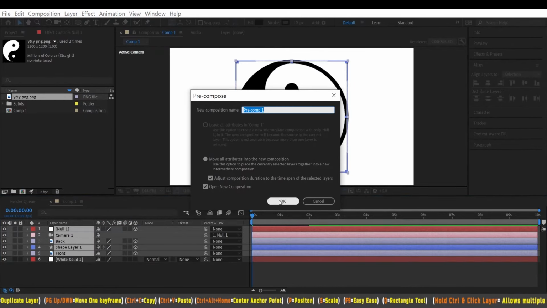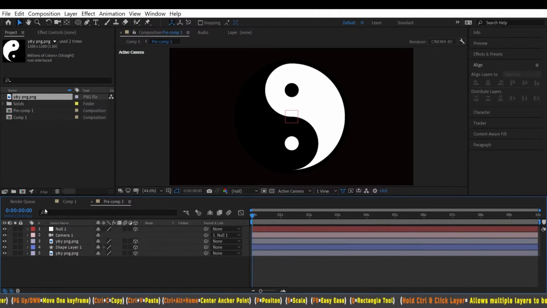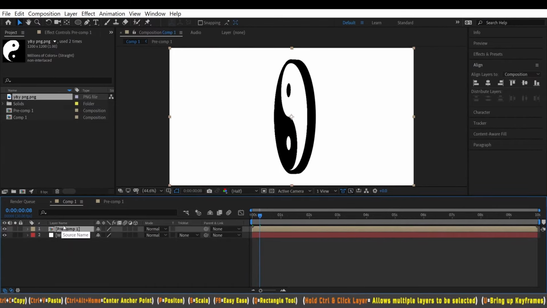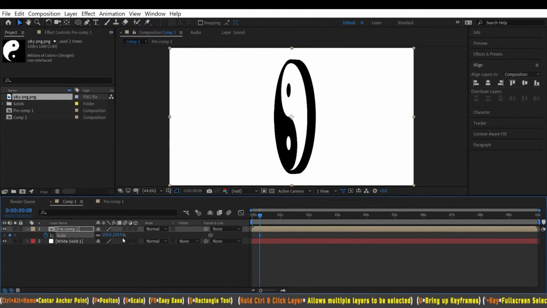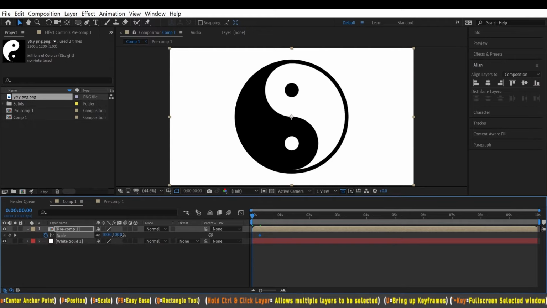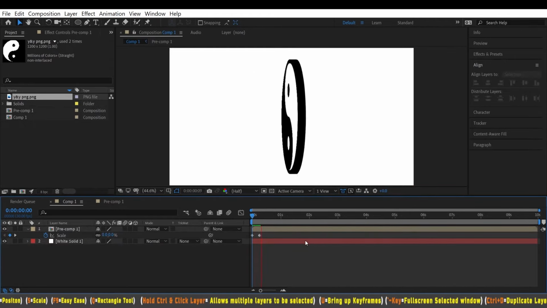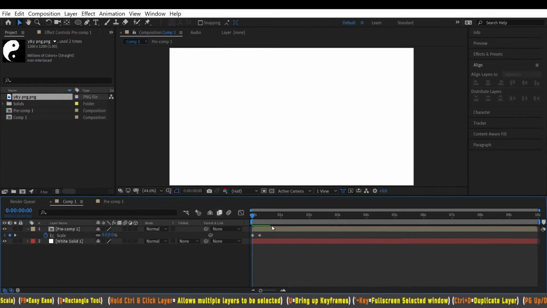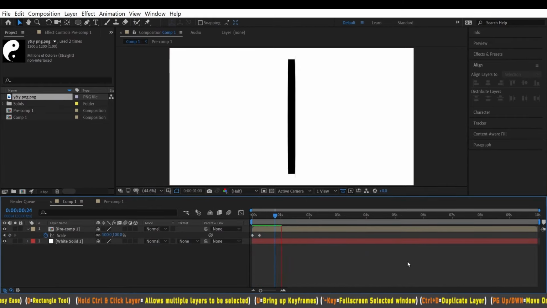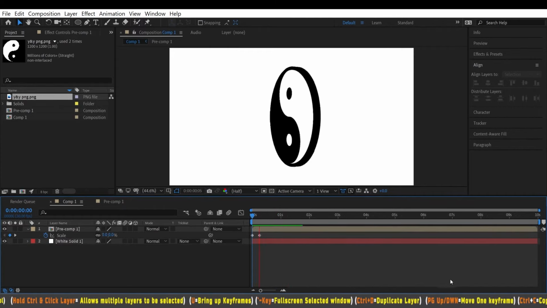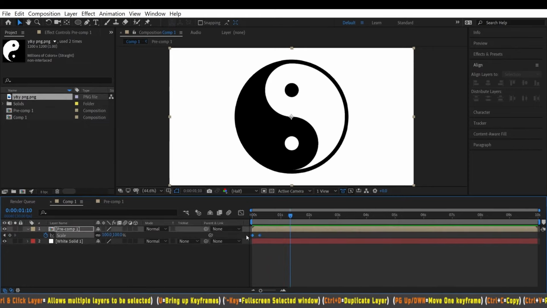So you want to go back to composition 1, and we're going to use a scale animation so it scales in. Click S, go back to the beginning, click 0 value, you can easy ease these keyframes.